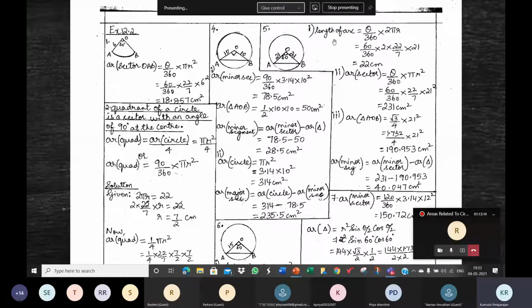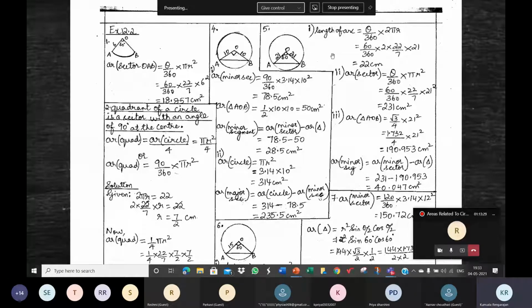So see here, how do you find the length of the arc? You should not get this question: how do we know that we need to find the length of this arc? Why not this arc? Because the angle mentioned so far in the question is 60 degrees. So you need to find the length of the corresponding arc.